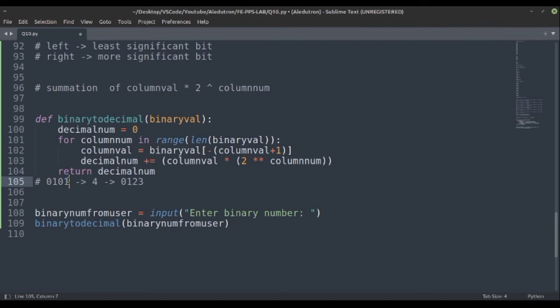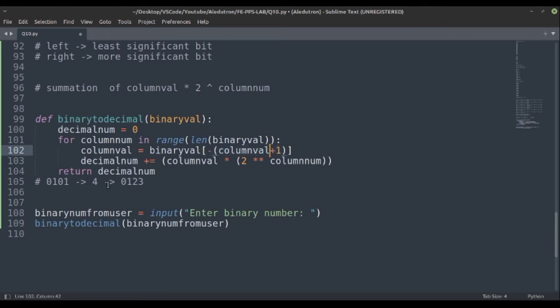So in the first case we would require 1. For taking this, as this binary value is a string, we can use this as an array. Strings are basically arrays of characters. For indexing the last element, we can take the negative indexing. So -1 if we give, then we would get this number. For creating that -1, we can take i 0 plus 1, so it will become 1 and then add a minus sign. Basically we are taking column value which is 0 in the first case, adding 1 to it, so 0 plus 1 becomes 1 and then minus value.